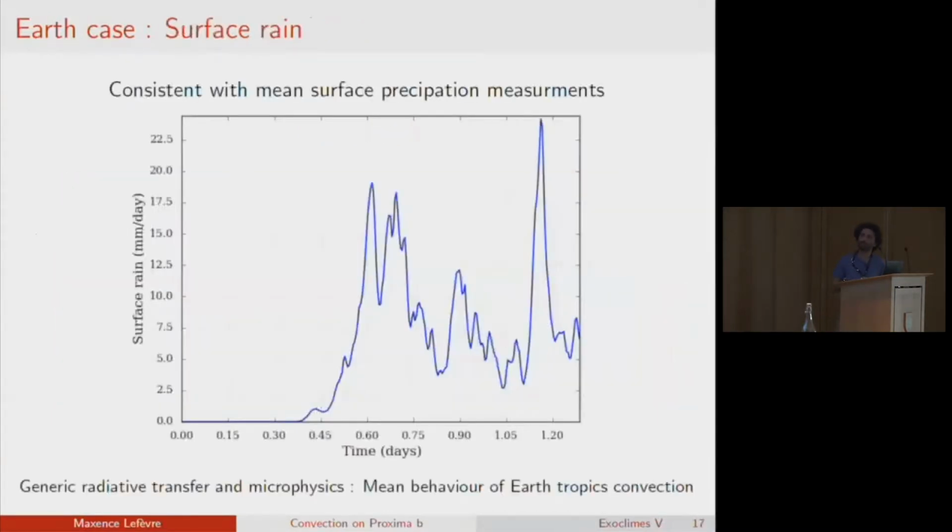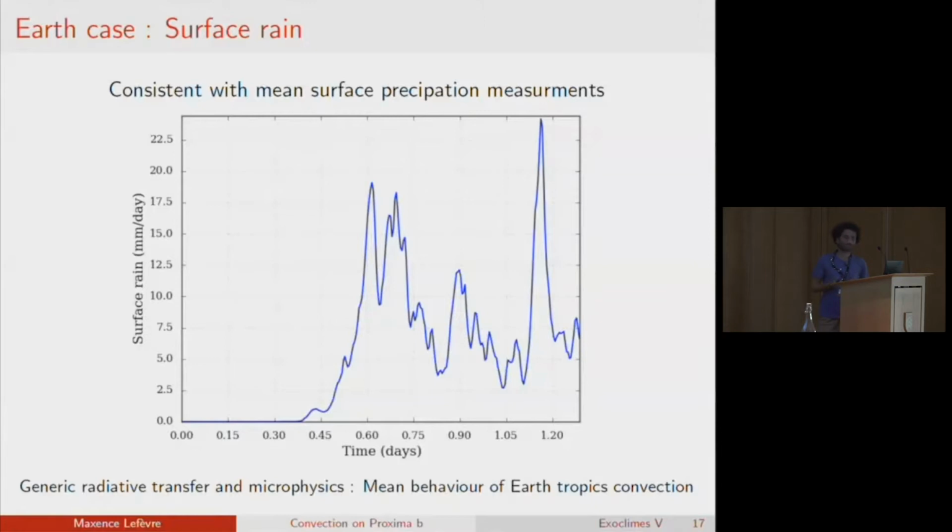Then if we look at the variation of the surface rate, we do have some values consistent with the mean measurements of the record data.